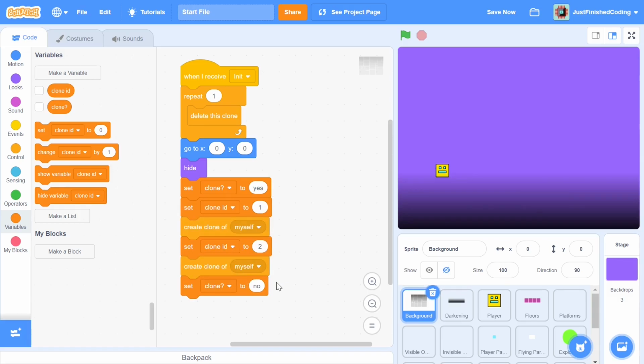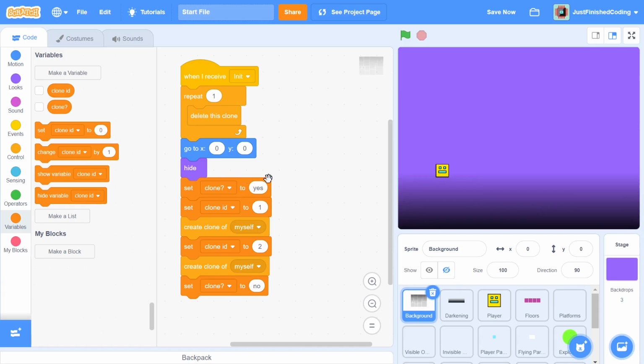So the way this works is as follows. Basically the clones are going to be created, and when the clones are created they're going to assume that their clone variable is yes, since the clone variable of the sprite is yes by default at that point.